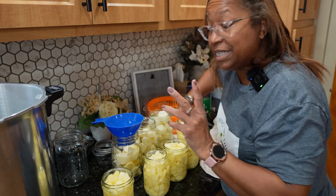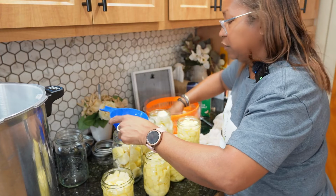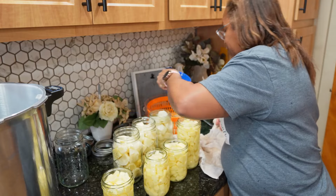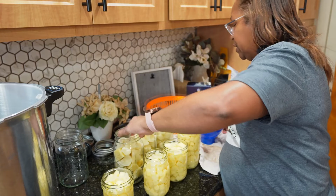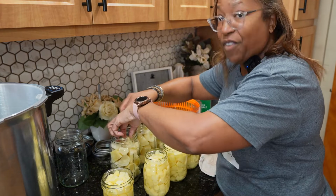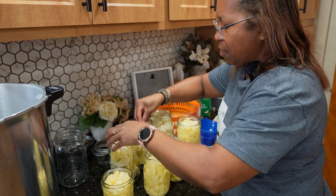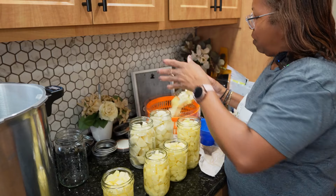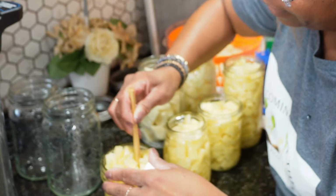Now we will have to debubble because there's gonna be a lot of air spaces in there. I guess we just gonna have to cook these two or three potatoes that are left. So potatoes for dinner this week. So we're gonna have potatoes with our cube steak tomorrow because I don't wanna waste that jar. These are for tomorrow. All right, so we are debubbling and then we're gonna have to add some more water